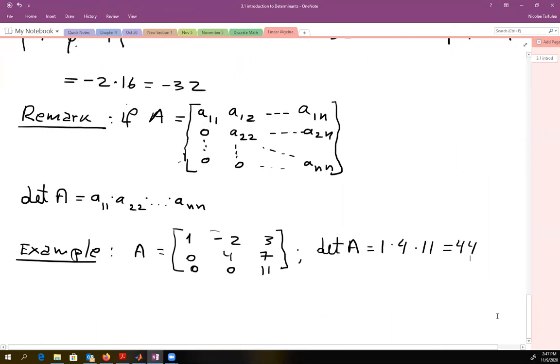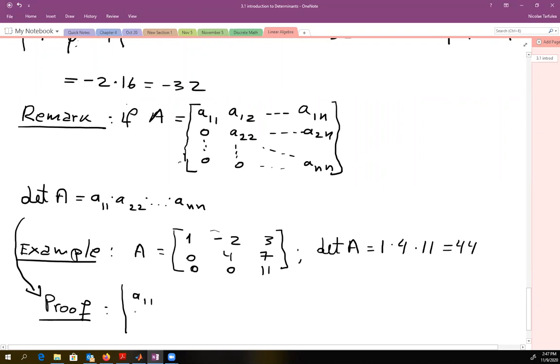How do you prove this? Because you can prove this in general. In fact, I'm going to prove this formula. So let's try to prove this formula. So here is the proof of that formula. The determinant of that matrix A,